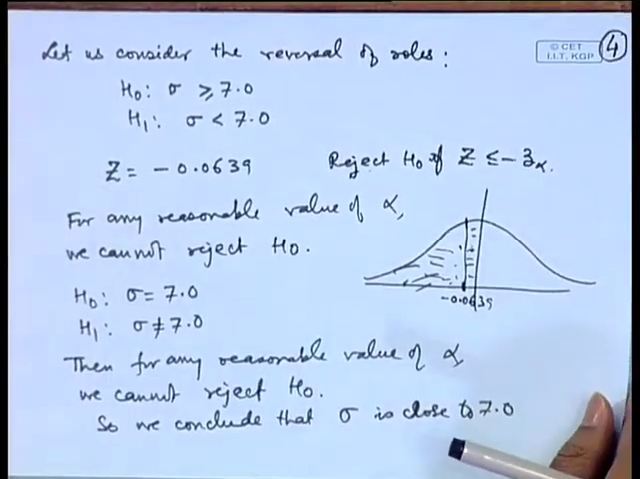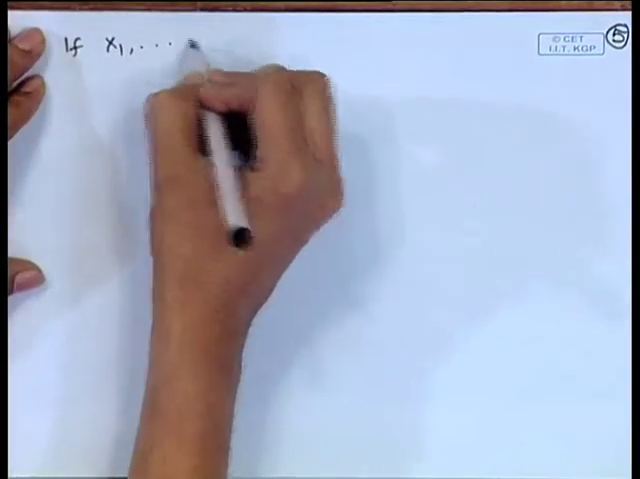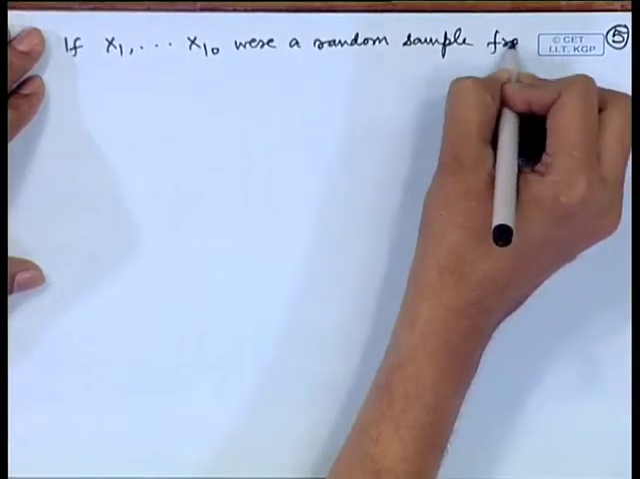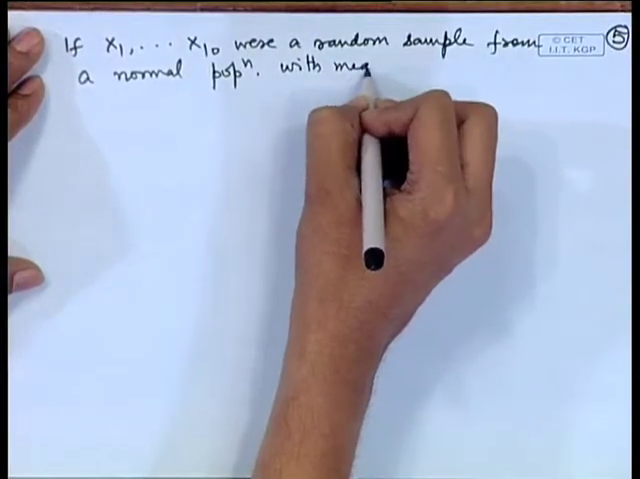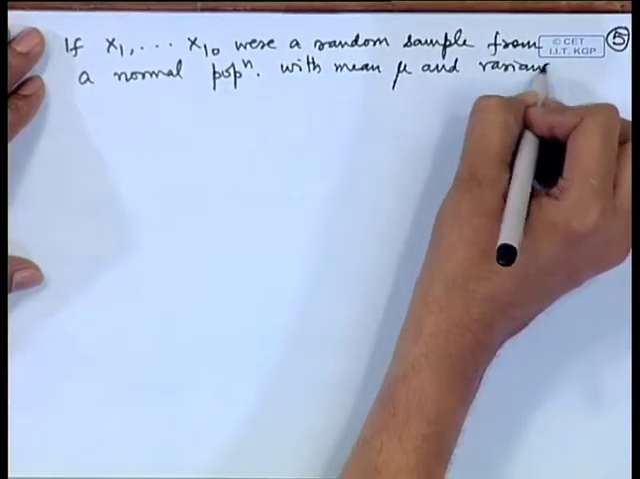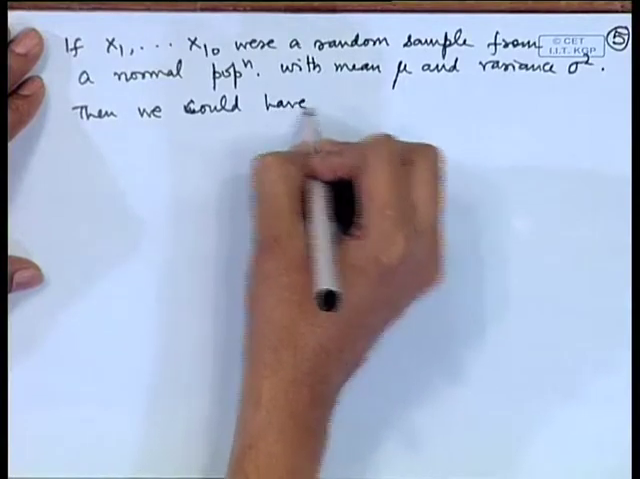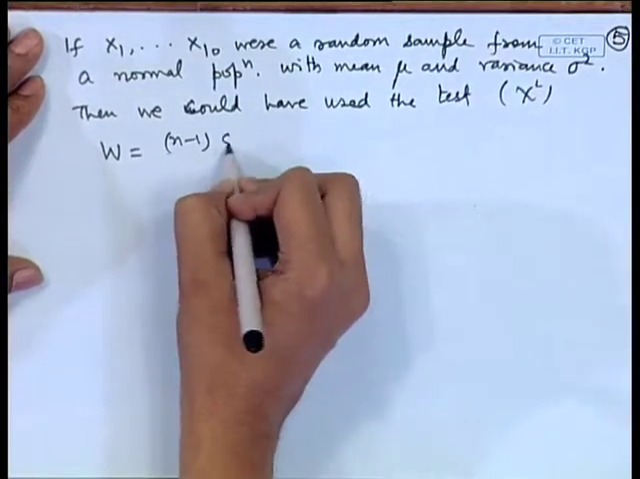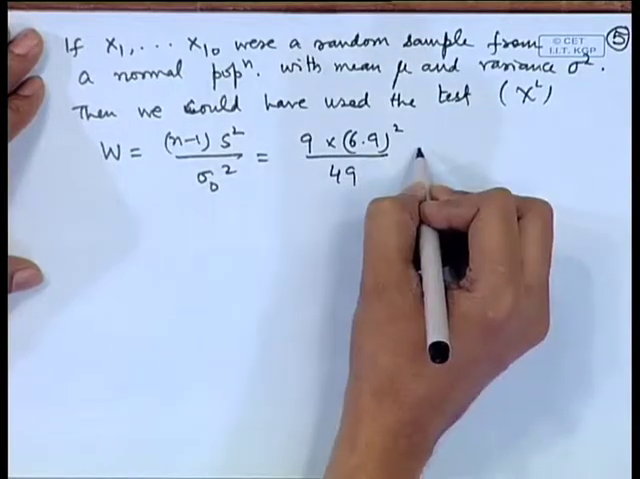In this case, suppose the normality assumption was there. If x 1, x 2, up to x 10 were a random sample from a normal population with mean mu and variance sigma square, then we could have used the chi-square test, that is W is equal to n minus 1 times s square by sigma naught square, that is 9 into 6.9 square by 49, that is approximately